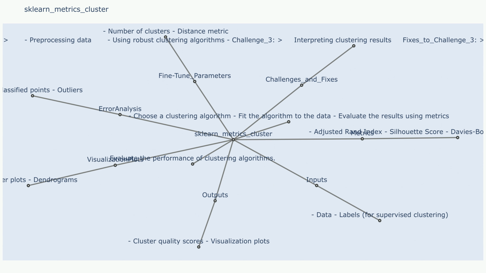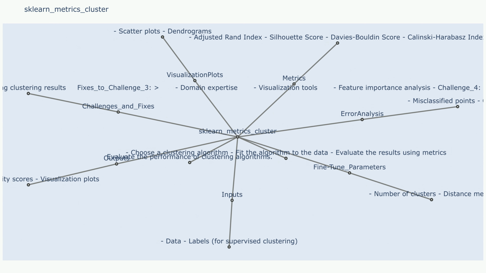Challenge 3. Explain in detail handling data with varying densities. Clustering algorithms can struggle with data sets where the density of data points varies significantly across the space. Sample use case that resulted in challenge 3. In a data set with clusters of different sizes and densities, k-means might not accurately identify the clusters.